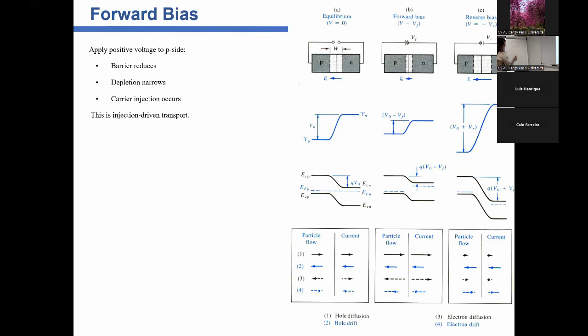So it means that this difference here, that we call V0 minus V forward bias, this difference here, this V0 is the built-in potential, and this V forward is the voltage